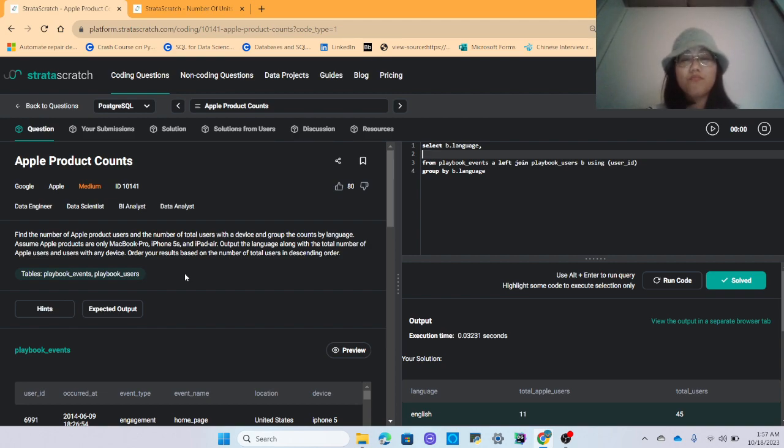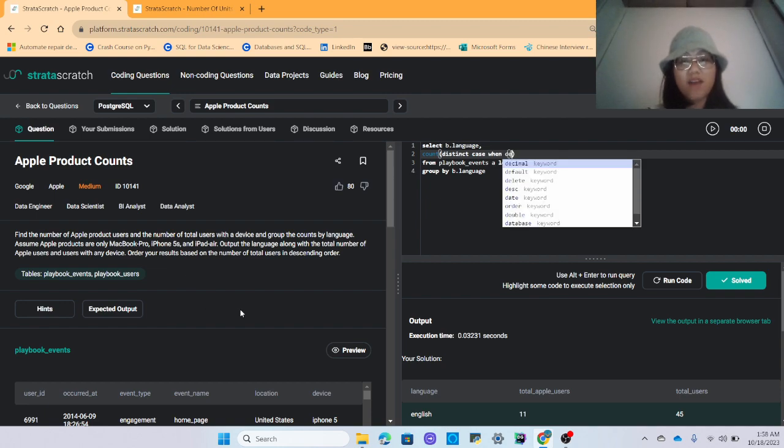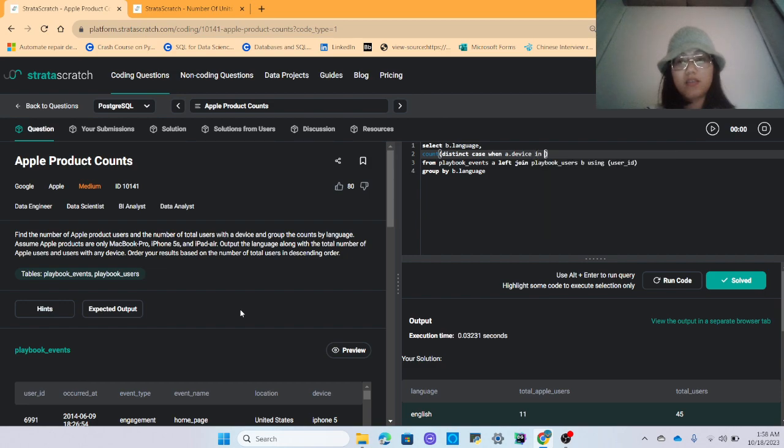So first let's do a count distinct case when device, from A table, device in MacBook Pro, iPhone 5s, and iPad Air. Then user ID, else null, and